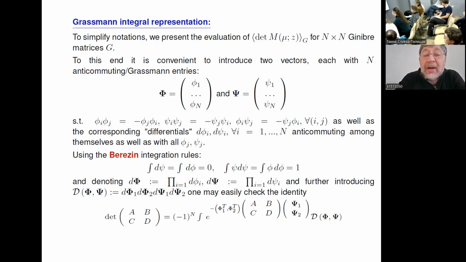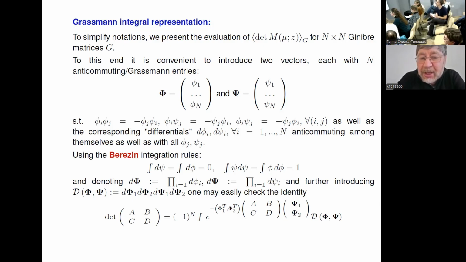in one big differential. One can use the following identity. So basically, we are dealing with a block matrix. Each block is an n by n matrix. So I just symbolically write it A, B, C, D. And